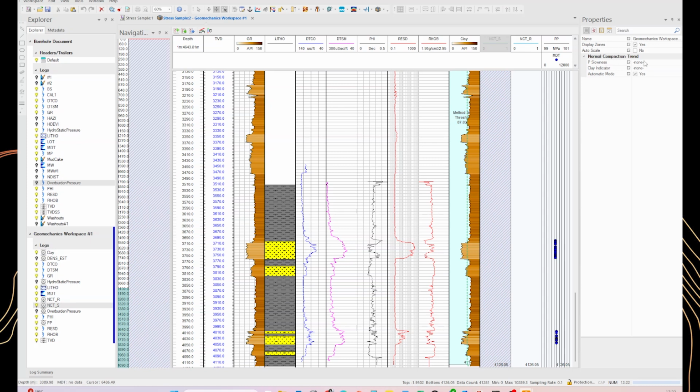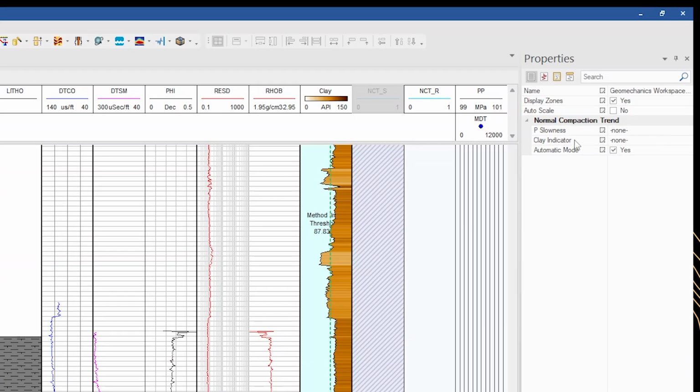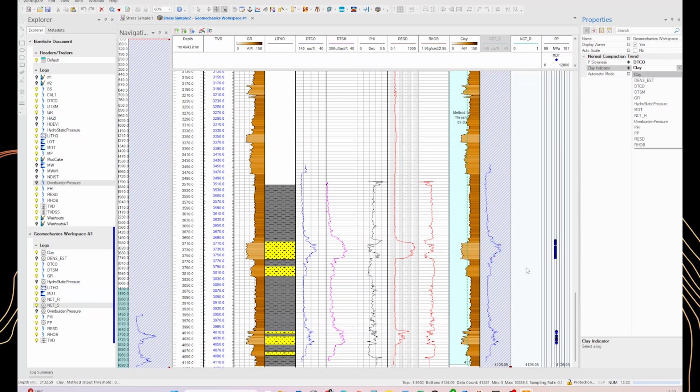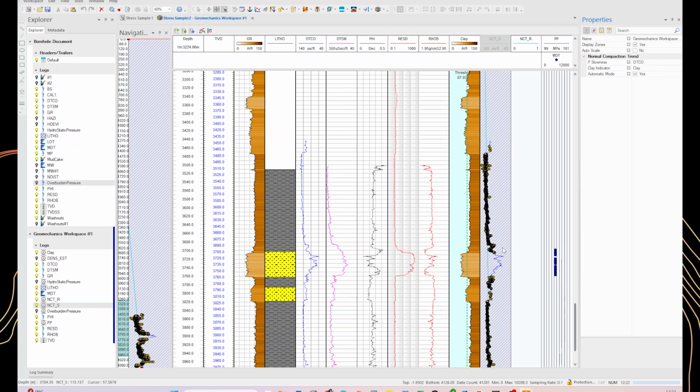So let us start with the normal compaction trend using the sonic. We have to select the proxy curve, which is the DTCO for the shale indicator we just calculated. This gives us the light blue line representing the calculated normal compaction trend, which is automatically fitted to this thick package of shales.